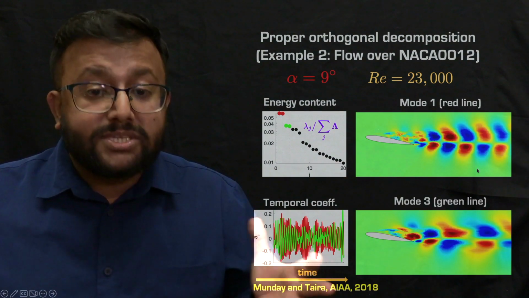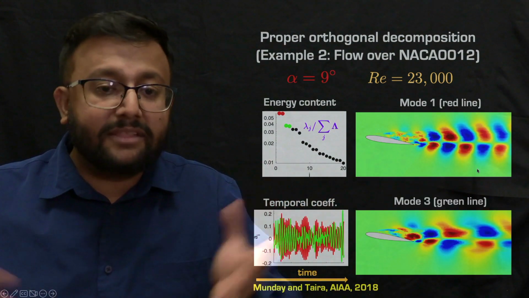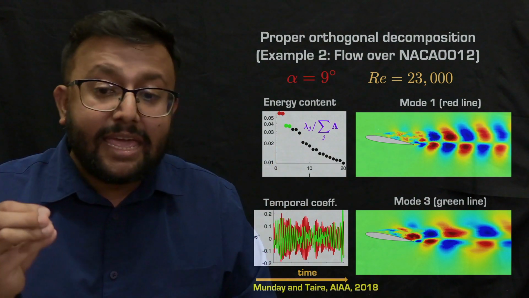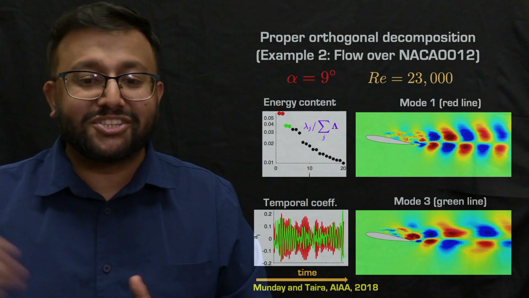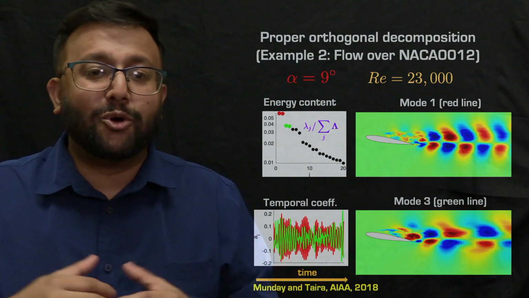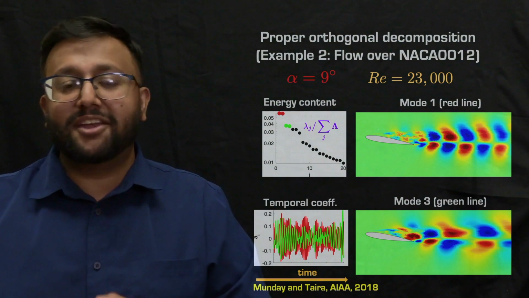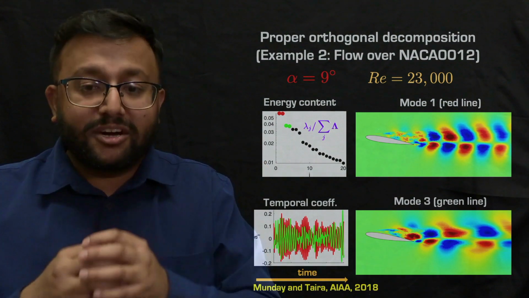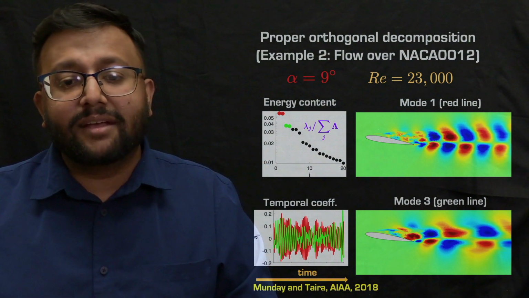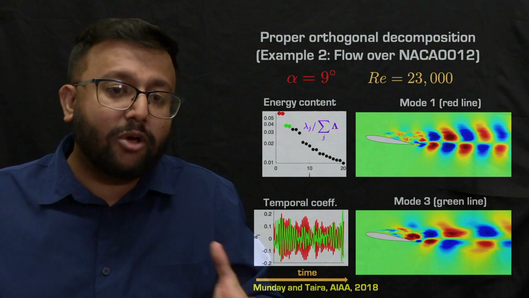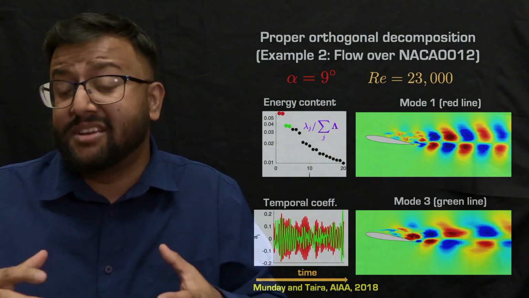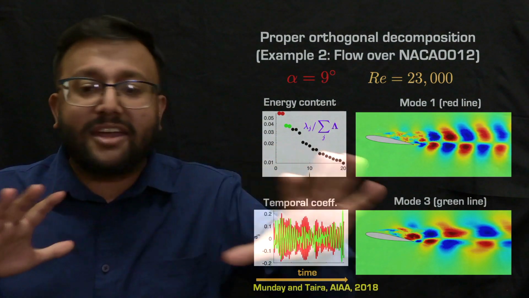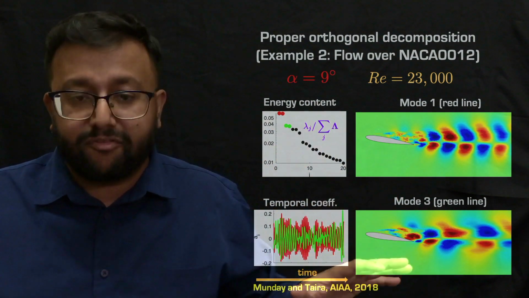Now, the spatial modes, again, revealing the structures of the streamwise velocity in the wake, you can see mode 3 has actually larger spatial structures than mode 1. So that intuition that higher mode numbers have smaller structures doesn't hold. And this is particularly because the flow that we analyzed now has turbulent behavior. So when we look at this flow, the energy content is distributed among a lot of different modes.